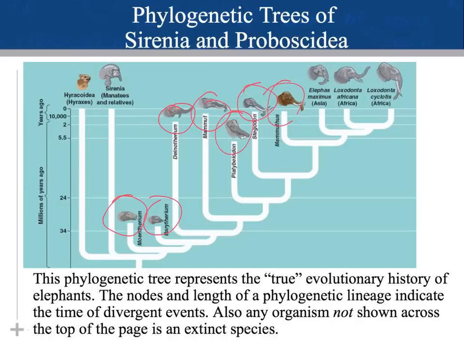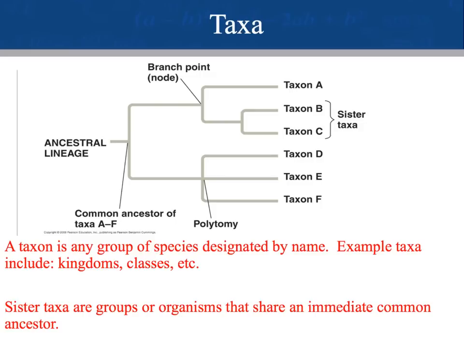What else do I want to tell you? This one would be a phylogenetic tree because this is not a hypothesis. We know, we're fairly certain, almost 100% certain, that this is the evolutionary history of these particular organisms. So here's an up close of a smaller one of these